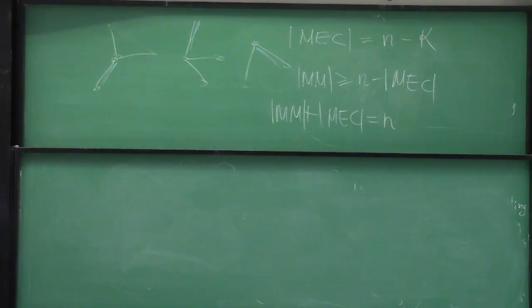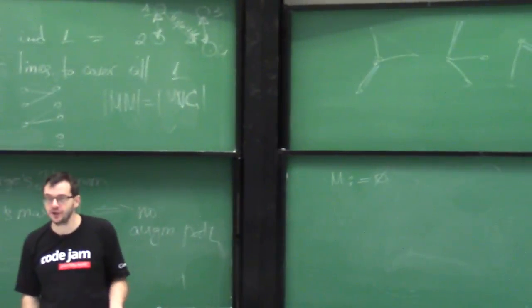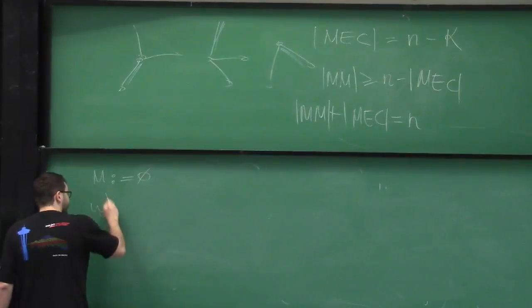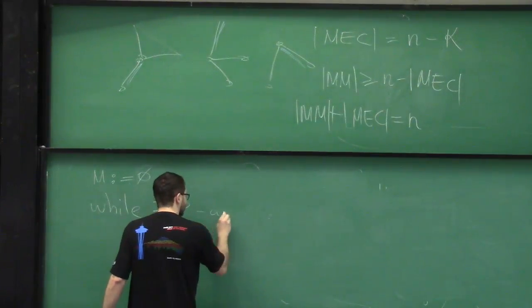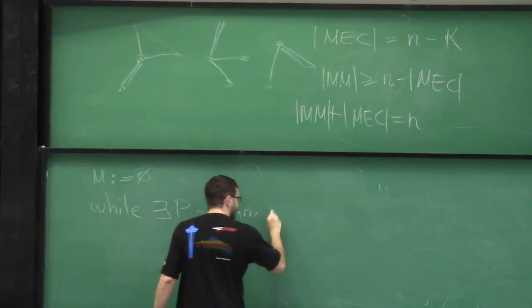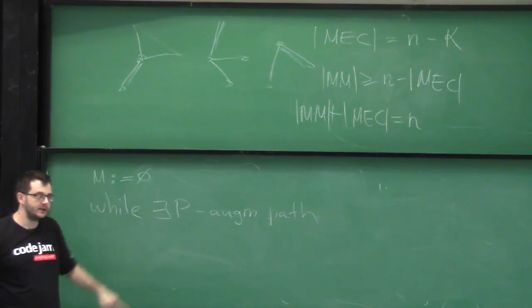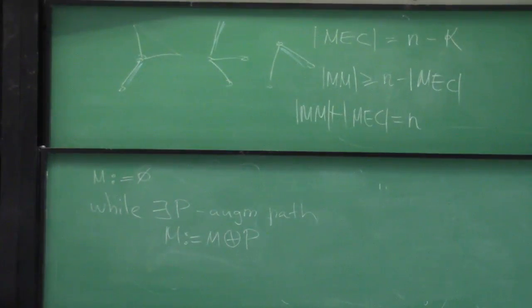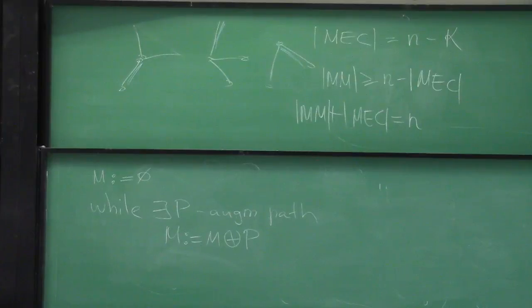So it means that the simplest way to find maximum matching is just the following. Initialize the current matching M by the empty set. Empty set is always a matching. And while there exists P such that P is an augmenting path, modify M by this path. It is the idea for a simple algorithm to find maximum matching, and this idea